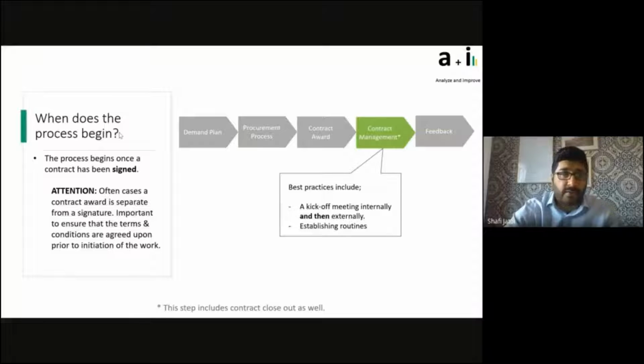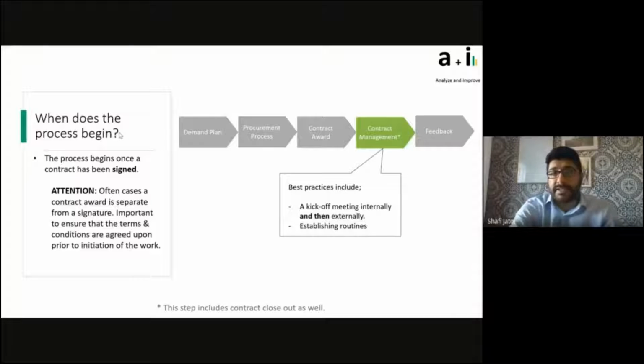Often, contract award is different from a signature. In some organizations this is the case, so you need to make sure that it is signed. And a signature also validates that they agree with everything that you've put forward to them in terms of the terms of the contract, the rates of the contract, the requirements on reporting, requirements on performance. If you have pain and gains, they've agreed to everything as per the contract. So they're now on the hook to meeting that, delivering the service to you.